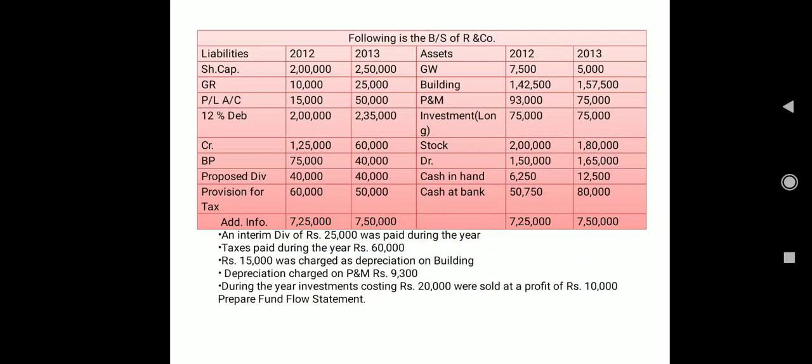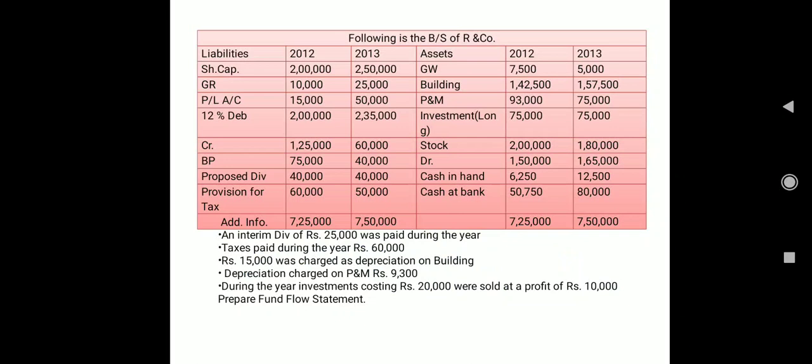Next item we have is creditors, that is your current liability. Bills payable is also your current liability. And today in this question, we will treat proposed dividend and provision for tax as non-current liabilities. I'm repeating it again: in the last problem, I treated the proposed dividend and provision for tax as current liabilities. But today in this question, I'm going to treat both items as non-current items. Keep it in your mind. Proposed dividend and provision for tax, I'm going to treat as non-current items. Clear? Now coming to your asset side.